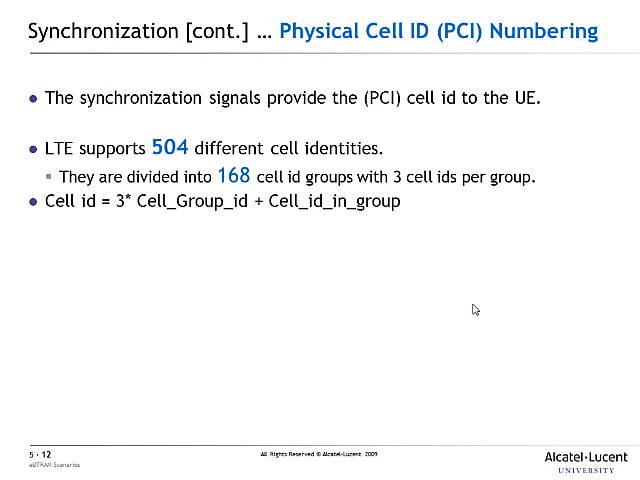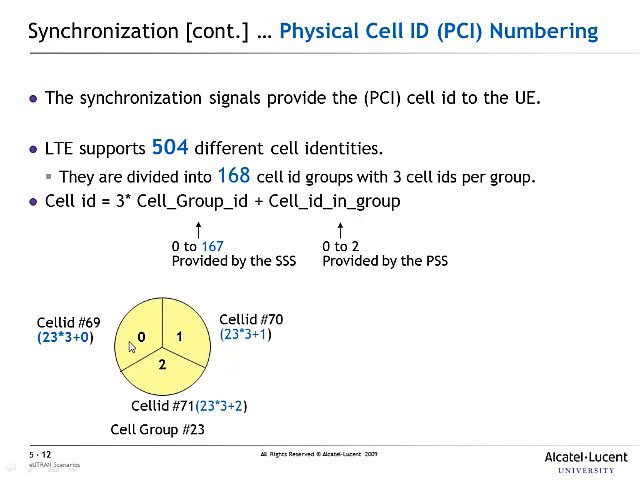Okay, now how do we work out the cell ID? The cell ID is made up of 2 parts. There is a group ID, and there is an ID within the group. So generally for the cell ID, the group ID can take numbers between 0 and 167, but the ID within the group takes only 0, 1, 2. Where do these numbers 0, 1, 2 come from? Well, remember, if you have a 3-sector cell site, each one of these sectors will have either 0, 1, or 2 as its cell ID within the group, whereas all of the 3 cells together will have the same cell